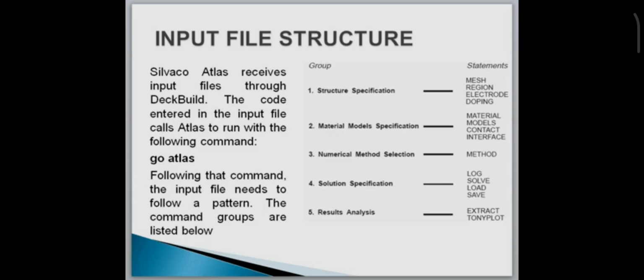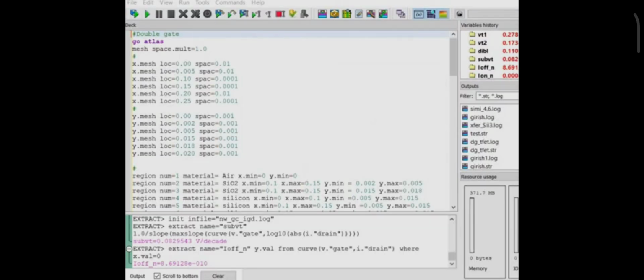Simple. आपको क्या करना है, कि पहले तो आपको टाइप करना है go atlas कमांड। चलो हम फर्स्ट उसको टाइप करते हैं। हम एक डबल गेट मोसफेट डिवाइस डिजाइन कर रहे हैं। इसके लिए हमने ये फर्स्ट कमांड दे दी go atlas। इसके ऊपर हमने डिफाइन किया है डबल गेट। इसके आगे हमने हैश का निशान शो किया है। इससे क्या होगा कि जब हम डिवाइस को सिमुलेट करेंगे तो अगर हमने ये निशान यूज किया है तो वो इस लाइन को सिमुलेट नहीं करेगा, वो इसको स्किप कर देगा। जहां भी आप ये निशान मेंशन करोगे, वो उस लाइन को सिमुलेट नहीं करेगा, उसको एज ए इंस्ट्रक्शन कमेंट लेगा। जैसे मैंने ये इंस्ट्रक्शन दी है, ये जो कोड है वो डबल गेट का है, तो Silvaco इस लाइन को, इस कमांड को सिमुलेट नहीं करेगा, इसको स्किप करेगा। जहां हमने ये आइकन यूज नहीं किया उस कमांड को सिमुलेट करेगा। तो सबसे पहले हमने टाइप कर दिया go atlas।